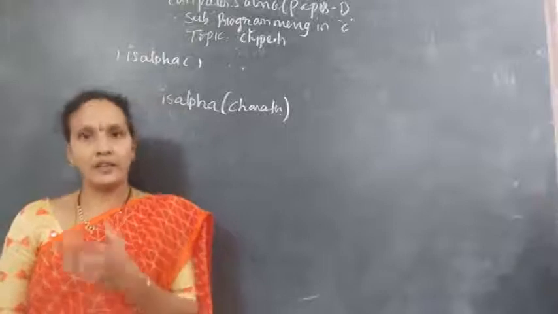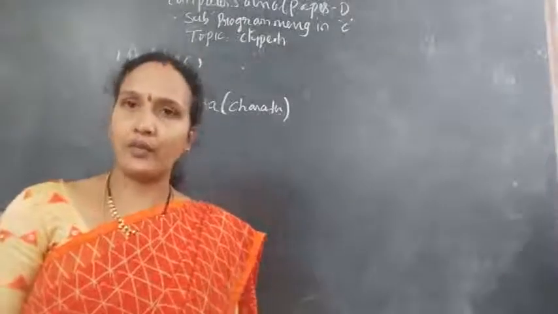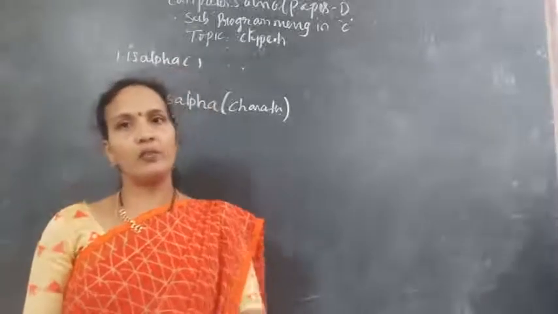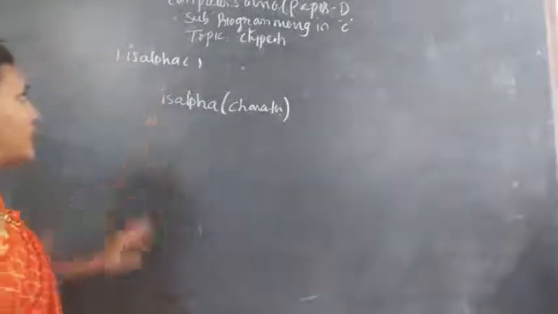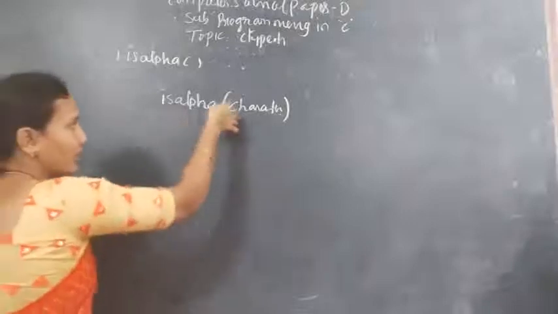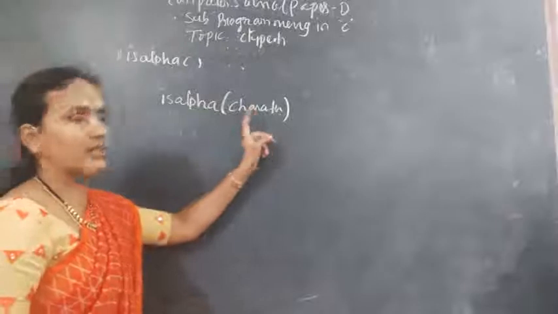If it is a character, based on the ASCII value of the character, it will display either true or false. But if you are giving a value as a number, then it will give output as a number. Okay, so the syntax is isalpha as a function. Here whatever character you have given is stored here. This character is tested.